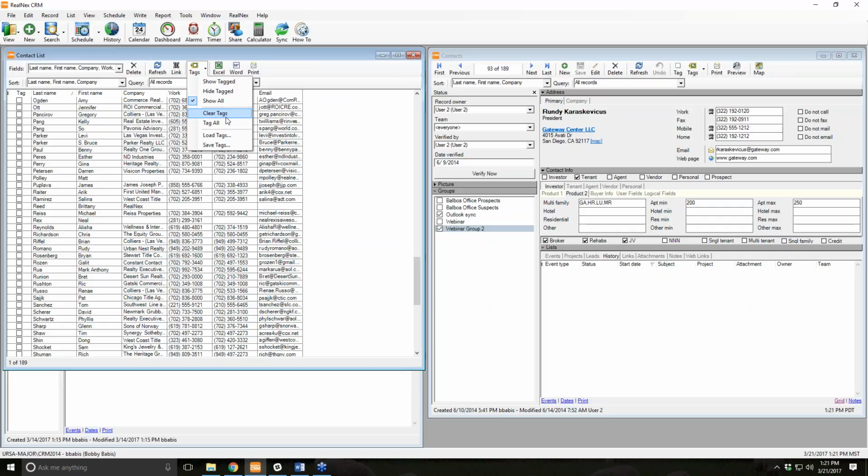Clear tags, which I don't want to do because I don't want to recheck anything. Tag all, which should be relatively self-explanatory. You can see the total number of contacts here is 189, so that would tag all 189 records. Then there's load tags, which would bring up a group in a list. That's outside the purview of this right this moment, as that's really not used as much as the opposite, which